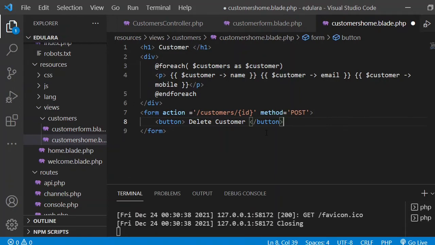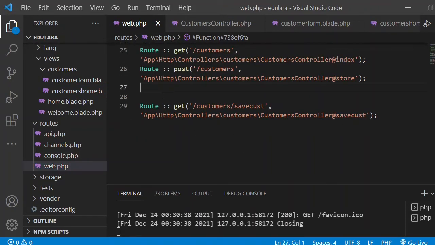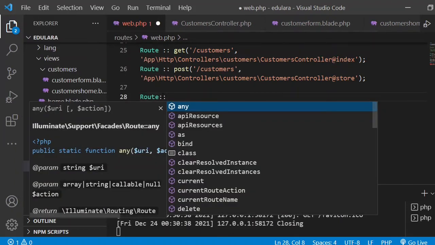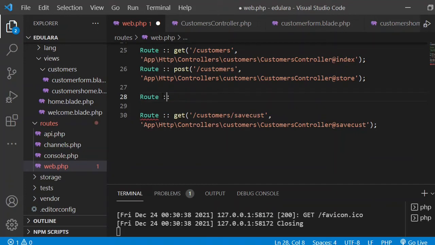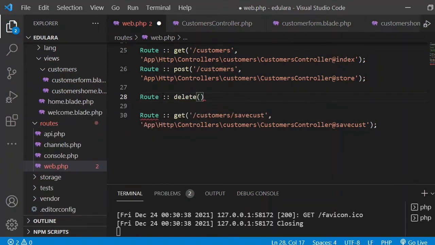So the customer route, and I'm using this. Okay, first let me go to the route, that is the important thing to do. So here in the route I create a delete route, and then I write route delete, and then I pass